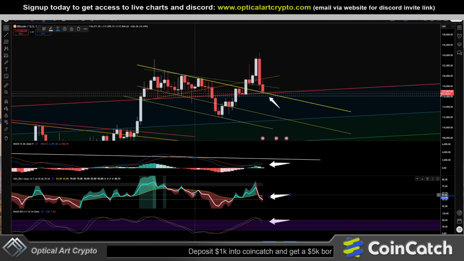Every time we come up, notice right here where you can see the vertical line, every time we come up, test it, we get rejected. We hit this moving average, come up, get rejected, right? We came up, this time we pushed above it, held a support, and we pushed up. So we're underneath now, so it's possible we could come back up, test that moving average, and we're at a